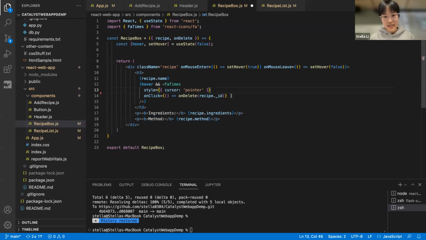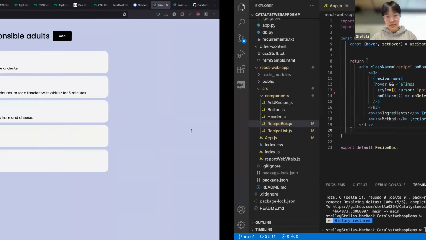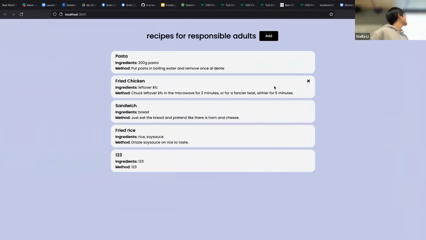And when we click it, we're going to have an onDelete function that gets passed in. We don't have that defined yet, but basically this line tells us what should be done when this icon is clicked. So now if we save that,